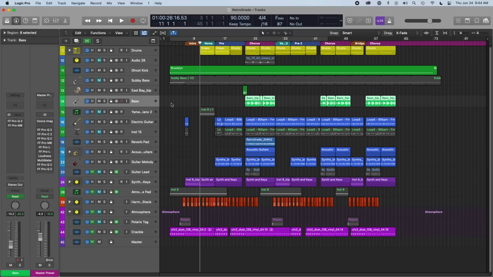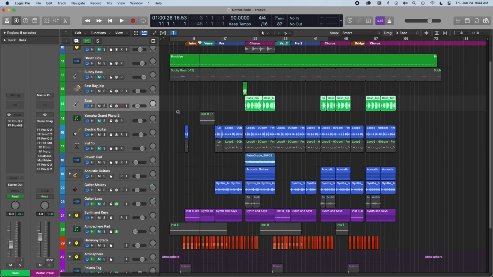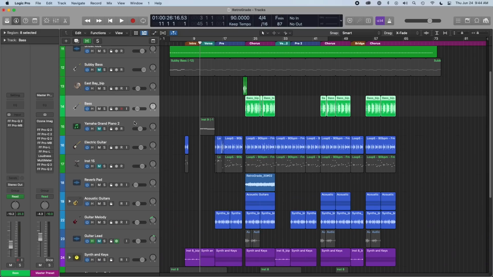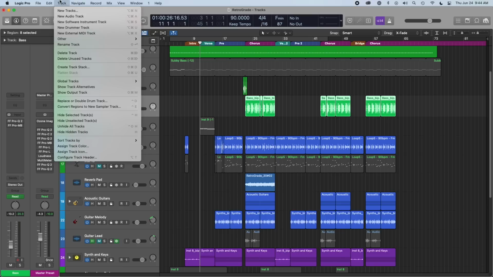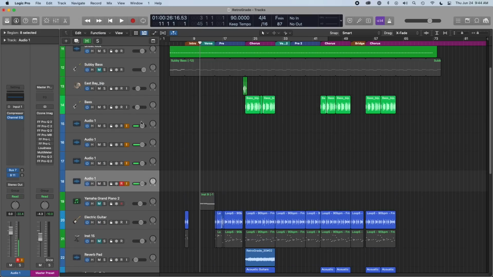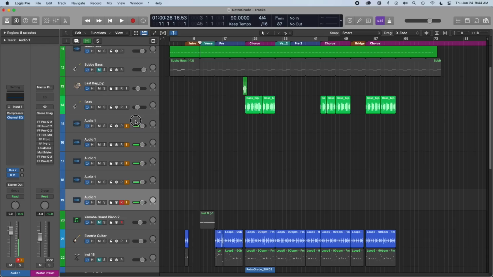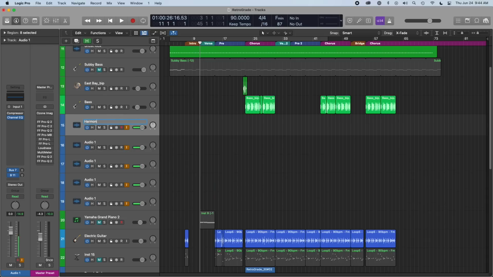Number 65 is grouping tracks together with groups or summing stacks. And this is really, really valuable, and this is going to help you in the long run with your computer processing and productivity. So let us take an example here. Let's say 4 different audio or 5 different audio tracks. And let's say we have harmonies. I have harmony,